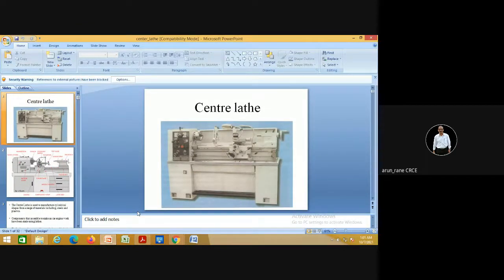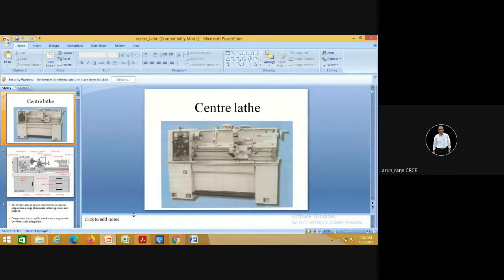Lathe. Actually, this generation is quite good. I remember my days. I was from a vernacular medium, and my English was also not that good. I used to pronounce it as a lathe initially.